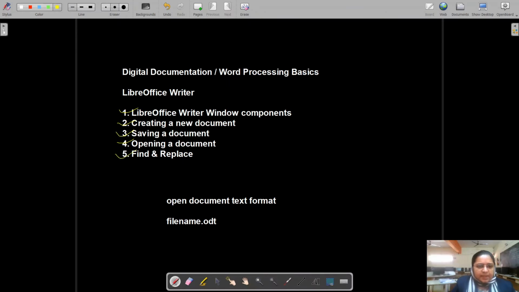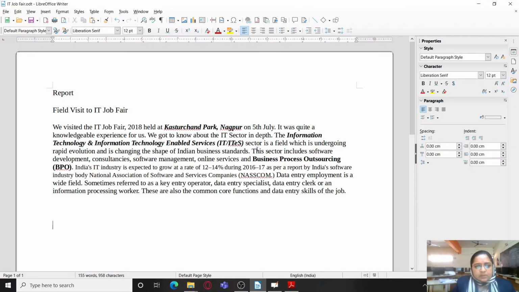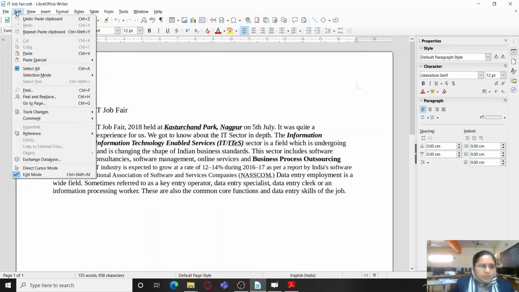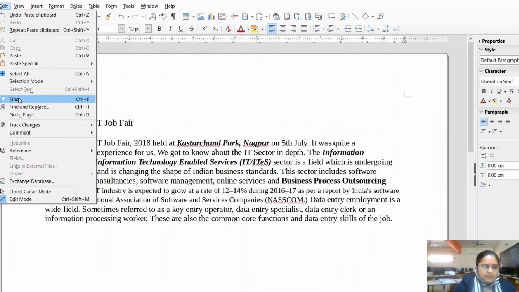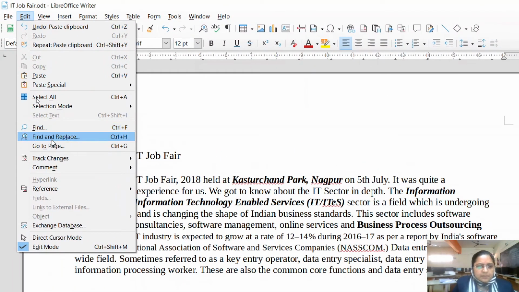Next is find and replace. So find and replace also works in a similar way as in MS Office. We will first go to the Edit menu over here, and here you will find the option Find and Replace.